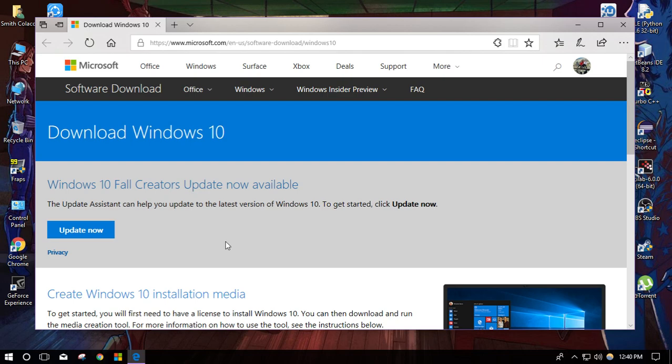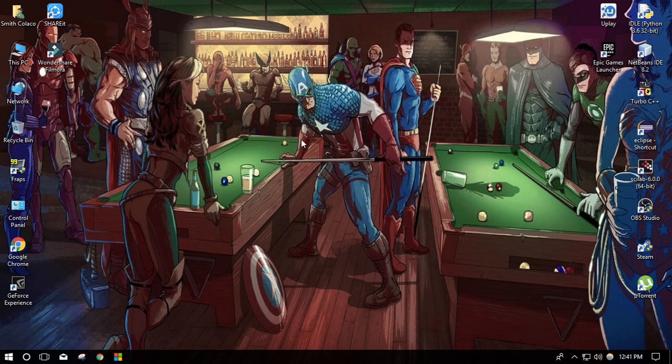Now, one notable such bug with this update was that it would turn off the IPv4 connection settings so that your computer wouldn't be able to connect to the internet. Even though your connection settings were all fine, it would turn off your IPv4 setting, and that wouldn't allow you to connect to the internet. These bugs have all been rectified mostly, and my system just updated to the Fall Creators update the other day,